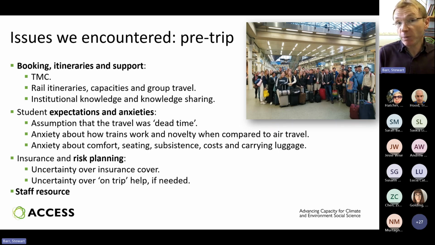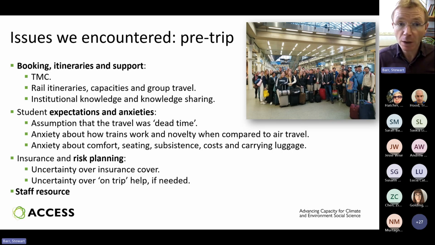The first one, which may be familiar to lots of you if you have tried to book rail travel as an alternative to air travel for a business trip, is that travel management companies, these large companies that support travel within businesses and large organizations, are generally not set up to deal very well with groups, and certainly not to deal with groups who want to not fly. So I think the first thing to say is that the support that you might get from a large travel management company could be quite limited depending on how far down the road they are on the kind of decarbonisation